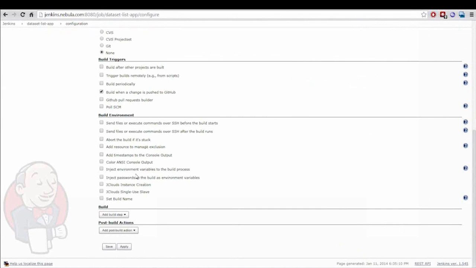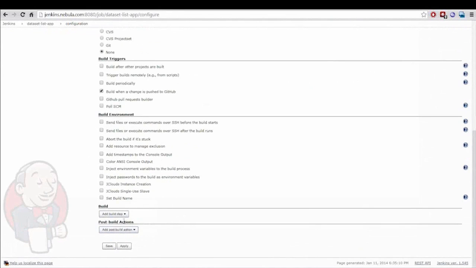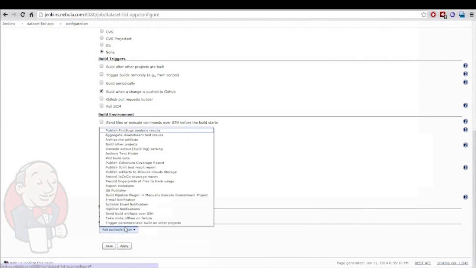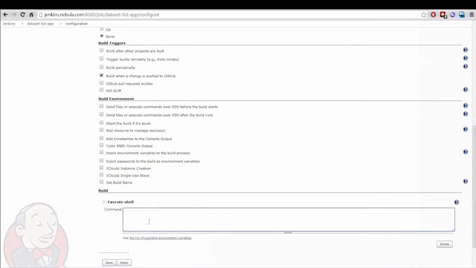is to then go ahead and build or execute a series of shell scripts or shell commands when it gets that webhook. So the first thing it's going to do is clone down the repository into a workspace when it receives that webhook. That's just part of the Git source control job. And then the second thing that we'll want it to do is to execute the build step, execute a shell command. So standard bash script, just give it a hash bang here,